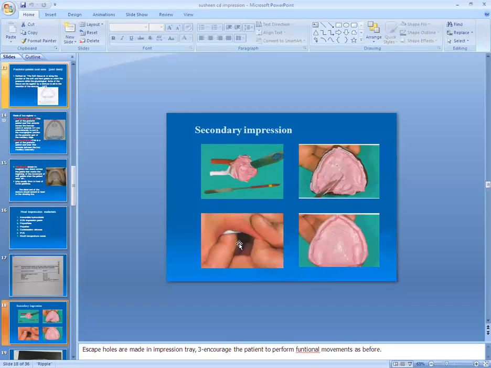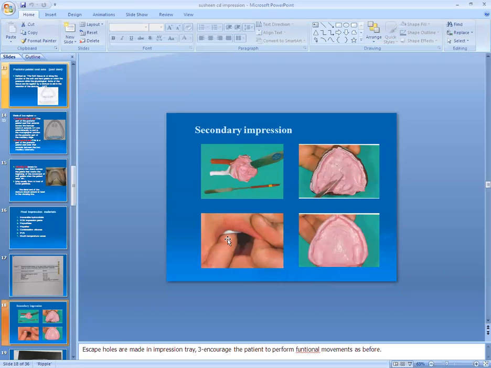We have to do that movement for upper and lower recording, relieving the labial frenum and buccal frenum, the same movements that we do in border molding. For the maxilla, side-to-side movement and opening movement.